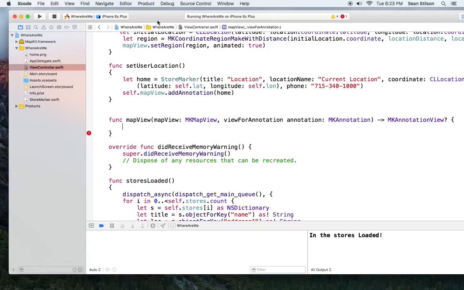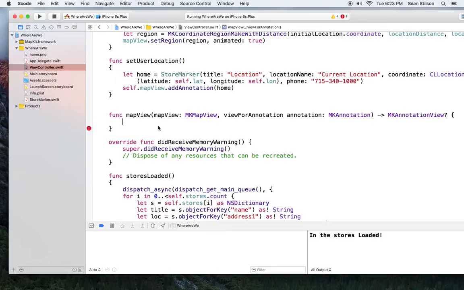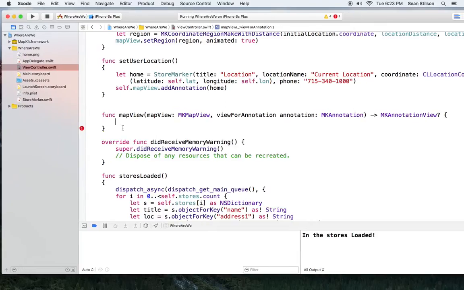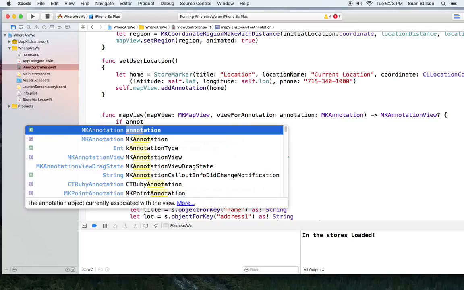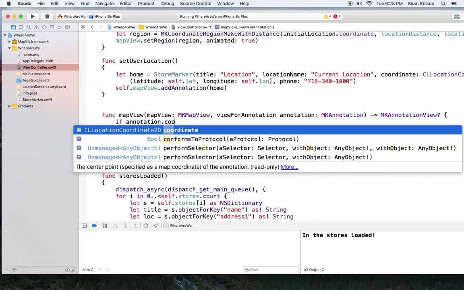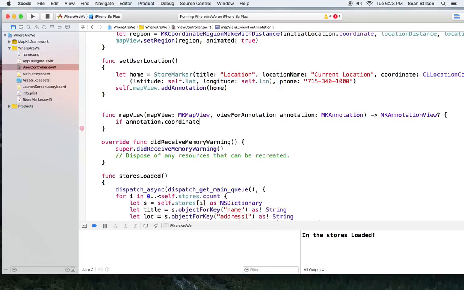All right, so first thing we want to do is, this gets called for every single one of the annotations that gets plopped on our map. Because our user's location is one of those annotations, we have to differentiate between the special case where it's the user's location and if it's a store. So there's two different scenarios. So we can say, if the annotation dot coordinate